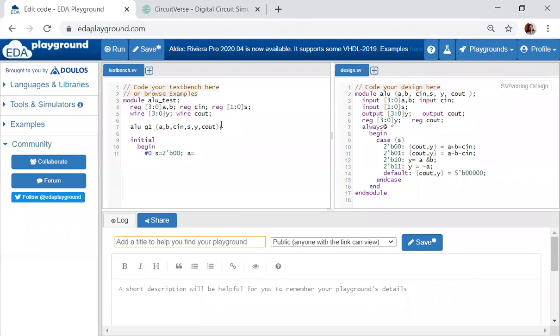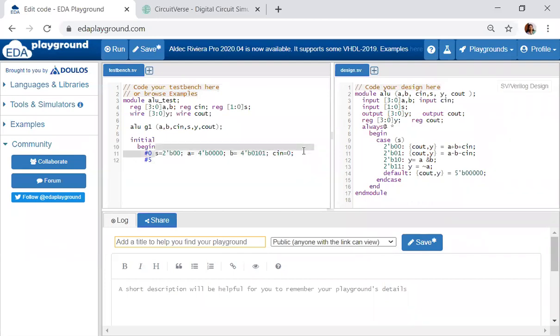So for that operation, let me give A equal to 4'b0000, and B equal to 4'b0101. So 0 plus 5 is 5 only. That is the reason I have given it like that. And let me give Cin equal to 0. For addition, Cin should be equal to 0. Then delay #5.